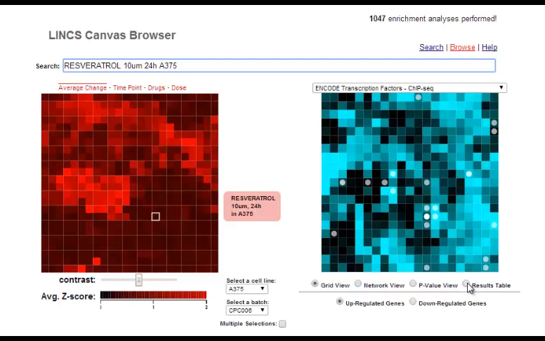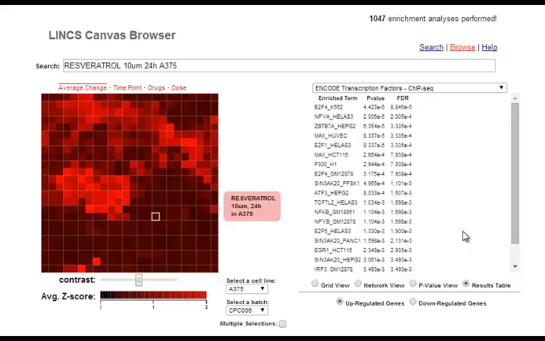If I switch to the table view, I can see all of the transcription factors, and we can see that there are 2 entries for E2F4, 1 entry for E2F2, and 1 entry for E2F1 at the top of the list for the resveratrol perturbation. You can also see 2 entries for MAX. This suggests that those transcription factors are potentially downstream and are activated upon resveratrol stimulation of